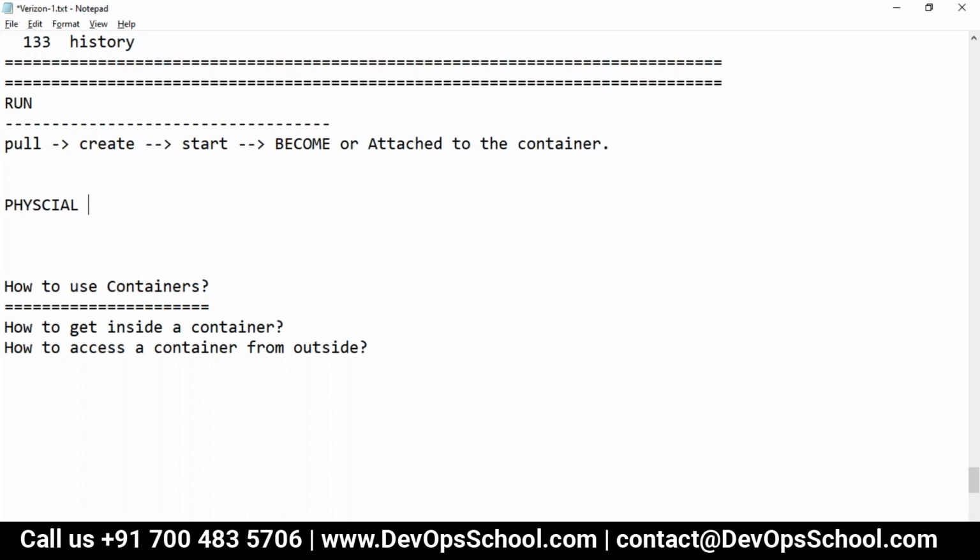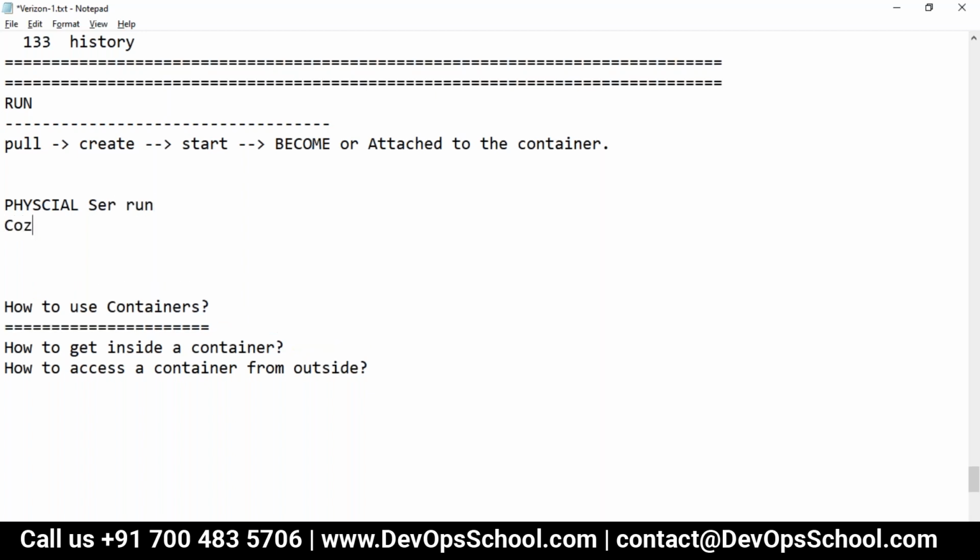Physical machine, physical server, running because of PID1. Yes, PID1. Virtual server, this is the Linux one, running.